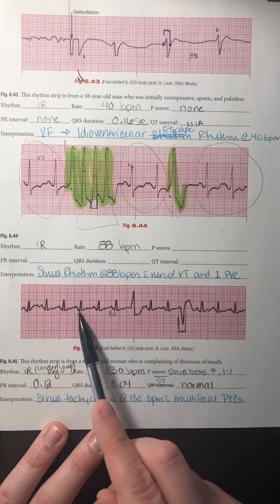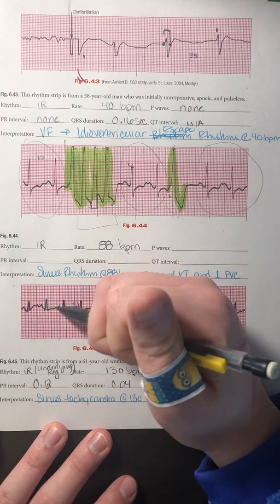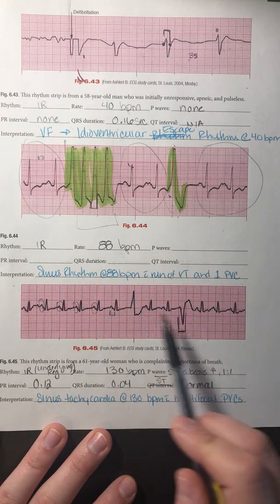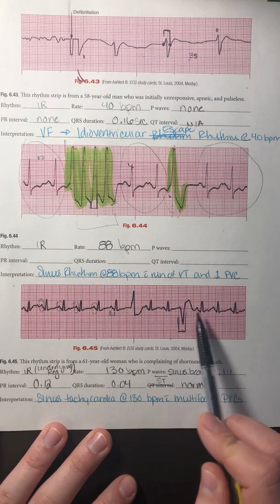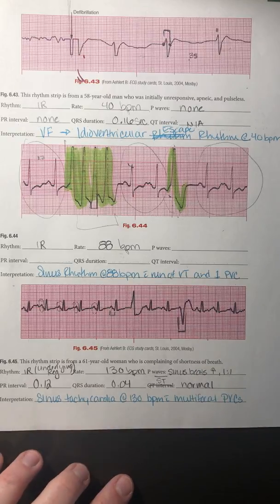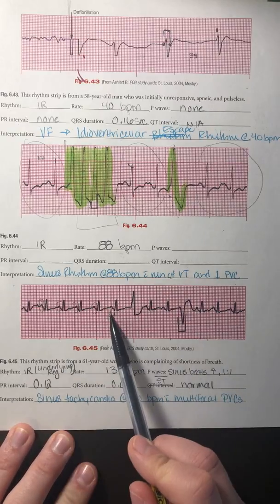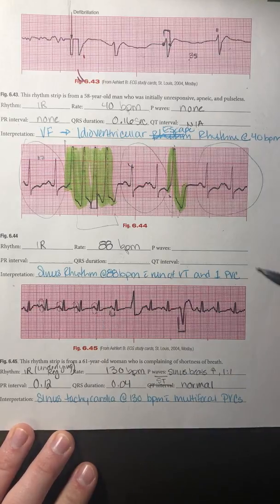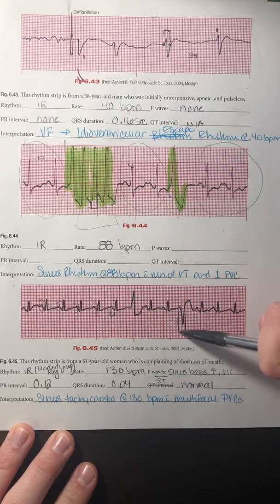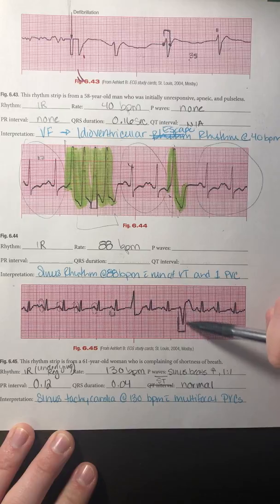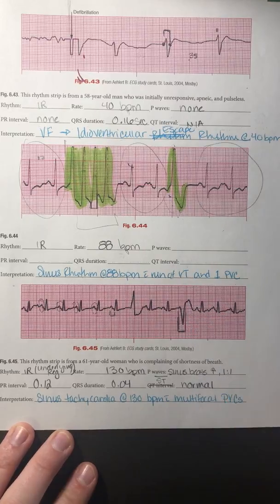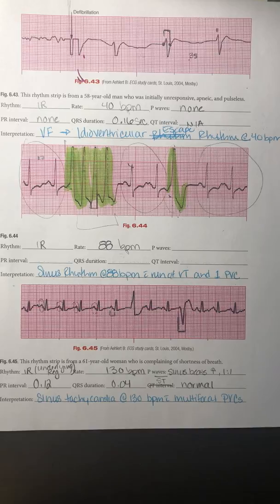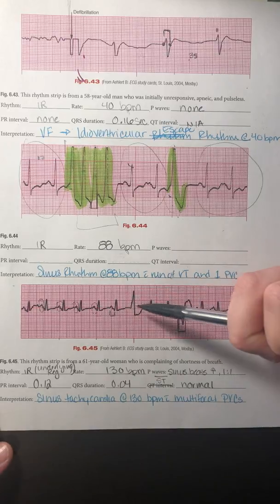I do have P waves for my sinus beats, so you can see them here. Obviously for my wide ventricular beats, there's no P waves. I measured a PR interval for a sinus beat, and I measured a QRS for my sinus beats. For these ones, it would be my QRS. So I actually got 5 blocks across, so we can glance at that and tell that it's wide. But if I did want to measure it out, it would be 0.2 seconds, and then this one would be